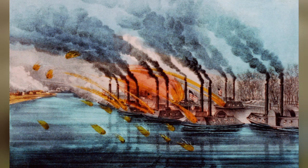Upon seeing the white flag, the Union gunboats immediately ceased fire. A small launch from the flotilla sailed